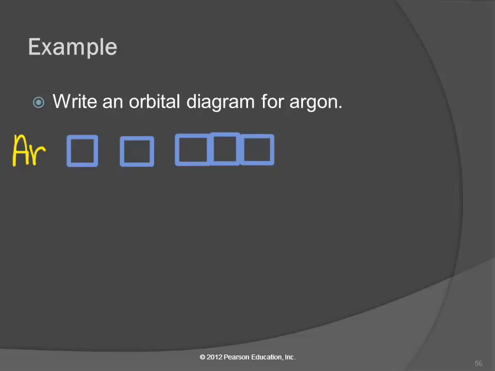So let's label these guys. This is 1s and 2s and 2p. And then what do we have next? 3s and 3p, right? 3s